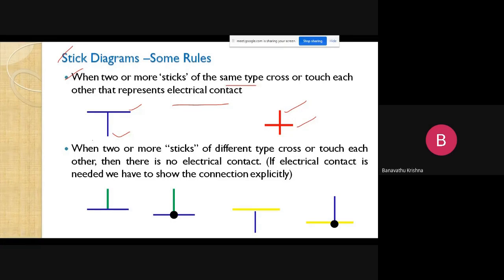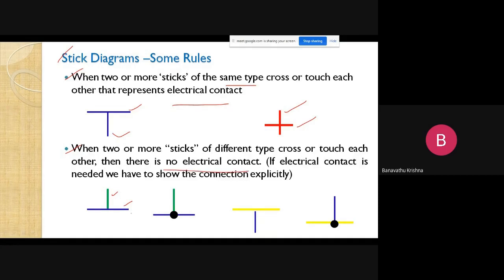So when two or more sticks of different types cross, here we have a diffusion layer and a metal layer. They cross or touch each other, then there is no electrical contact, right?